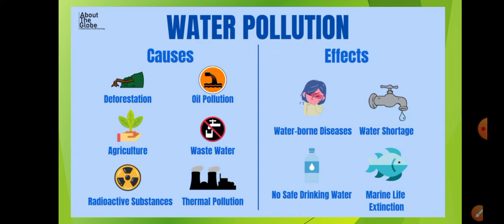Agriculture: the farmers undergo agricultural practices. They add fertilizers and pesticides and all to keep their agricultural produce safe and of good quality. But these chemicals, which are added to the plants, also enter the soil and the water, because the water seeps inside along with the chemicals that were in the soil. Okay, next is wastewater.